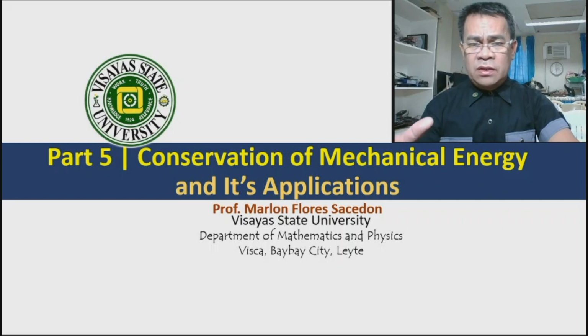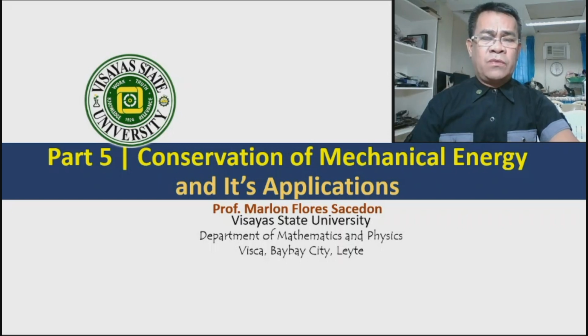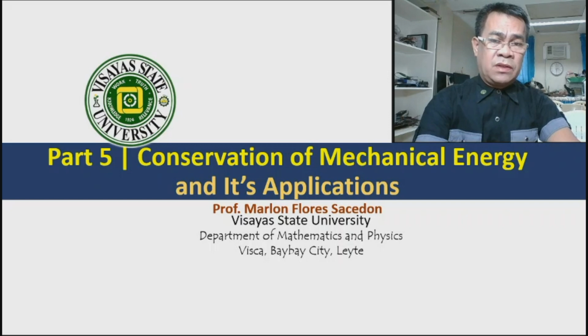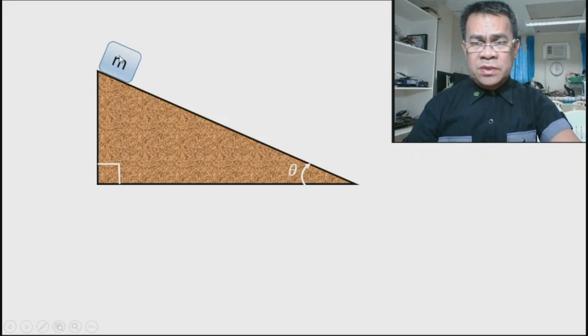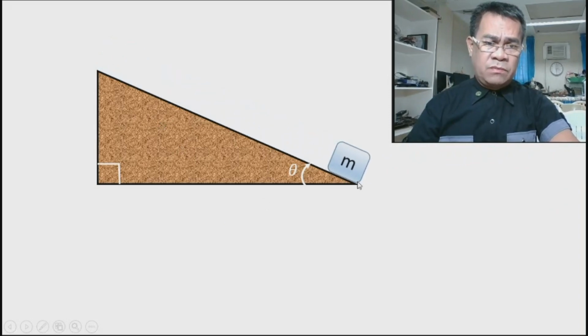We will use everything we derived in the last videos. So we will study the conservation of mechanical energy, and we will solve problems that involve the conservation of energy. If we consider an object, let us say an object starts from point 1, then travels to point 2. So from this point to this point, the object